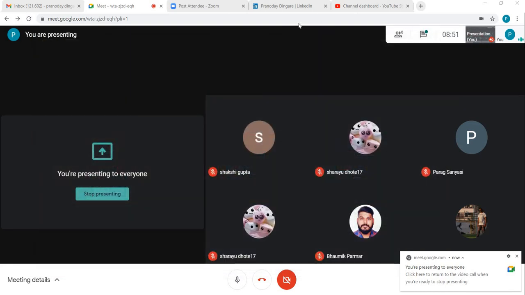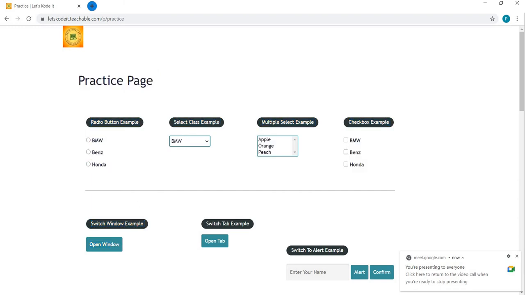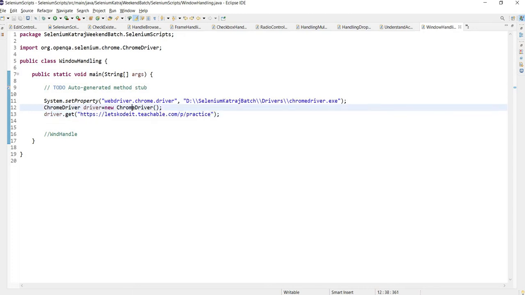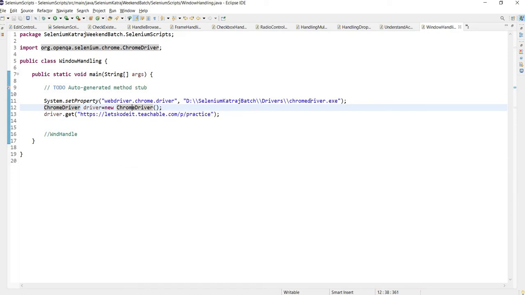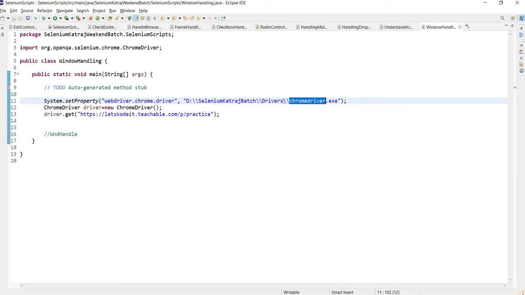Okay, so in this video we are going to talk about how to handle different windows of browsers in Selenium tests. Now let's first understand how the Selenium driver works with the browser. So we set the driver path, then we call a Chrome driver constructor. What this constructor does is start the driver exe. Driver exe starts one browser window. Let's assume that this is that browser window which has been started by the Chrome driver exe.